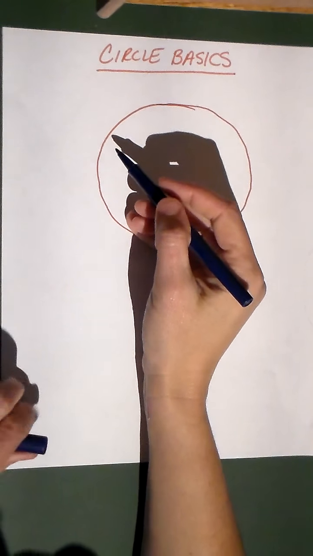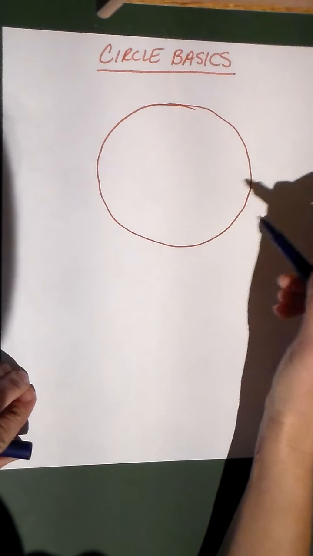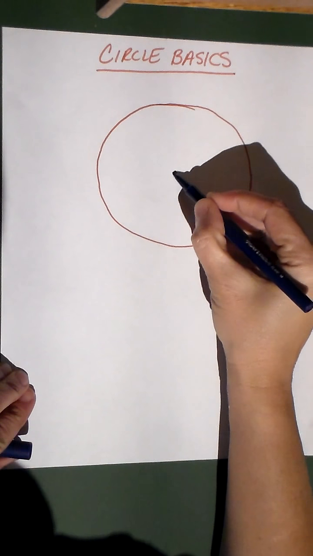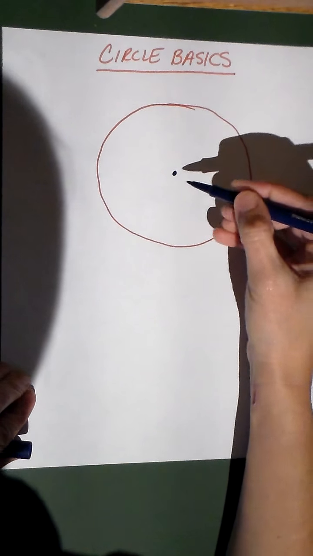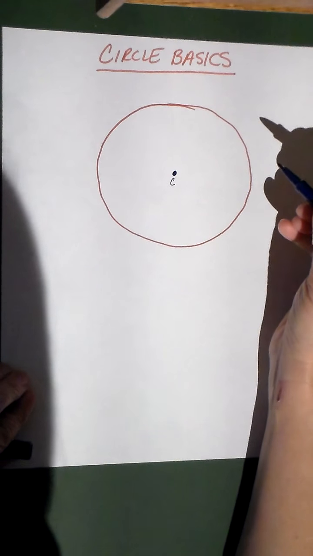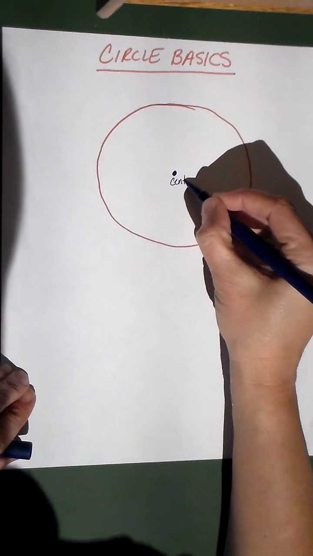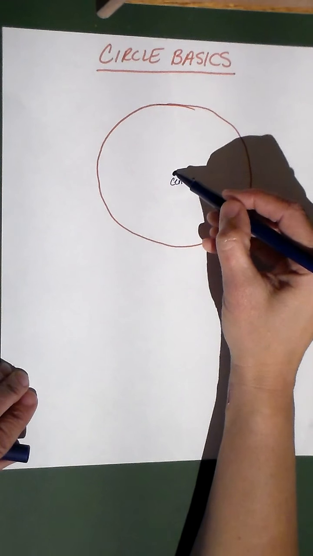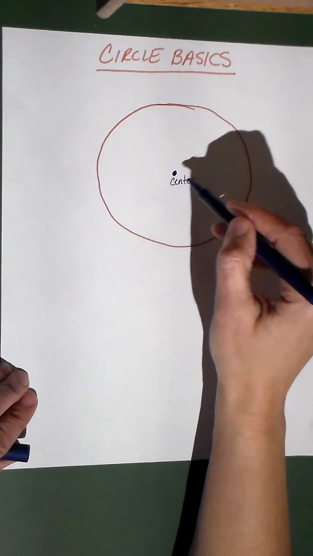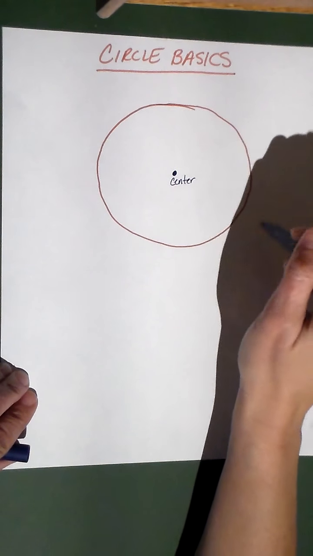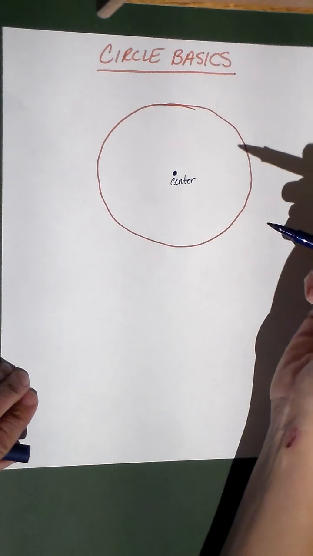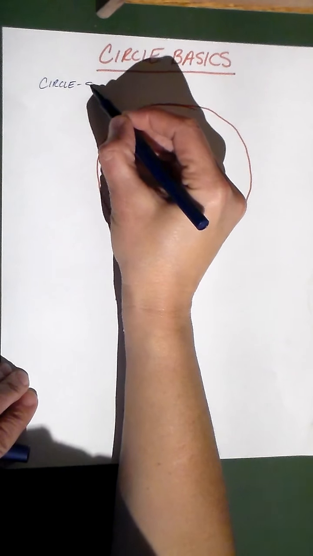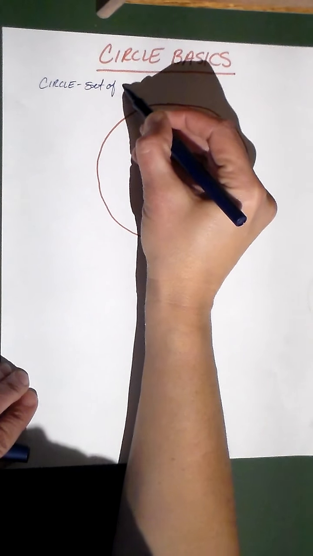Well, a circle is not the shaded area in here. The circle is the set of all points equidistant from a given point. So the center of your circle, this is your center, I'm going to call it C. When you take that center and you think of all the points that are the same distance away from that center all the way around, that's going to create a circle. So the definition of a circle is the set of all points